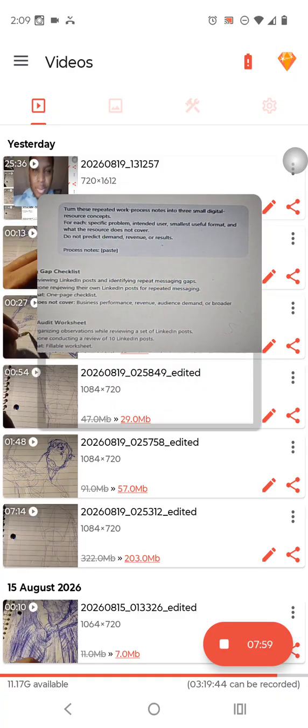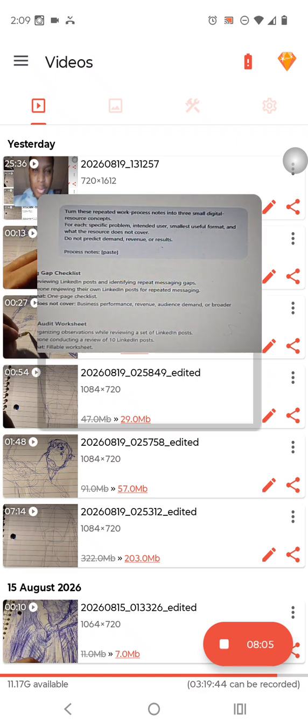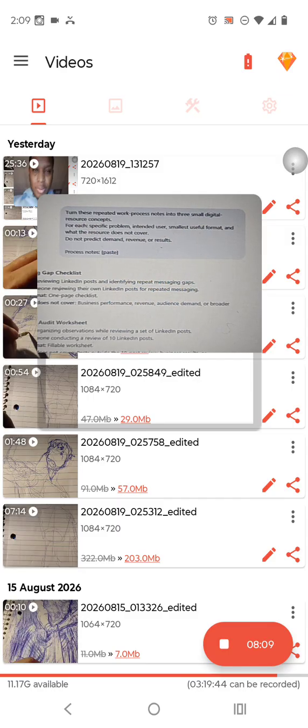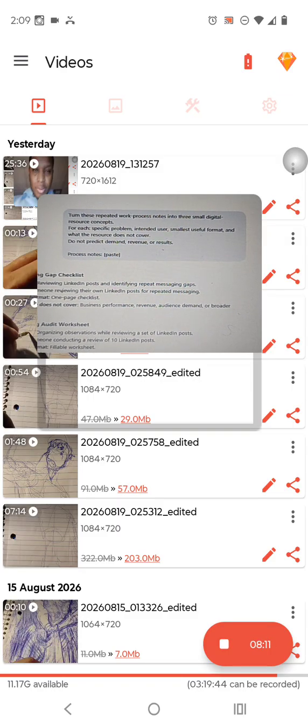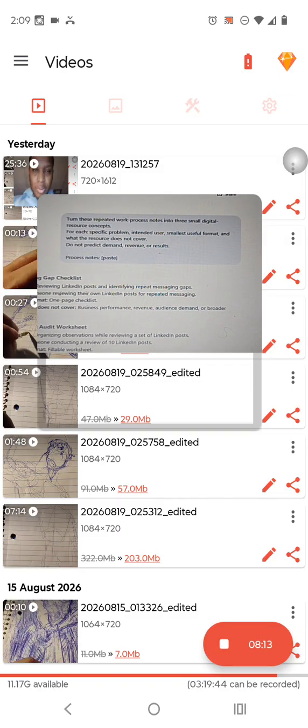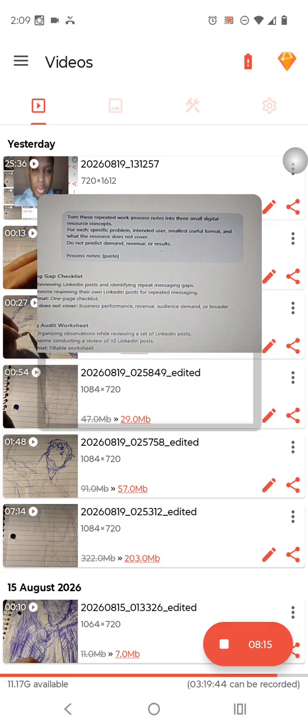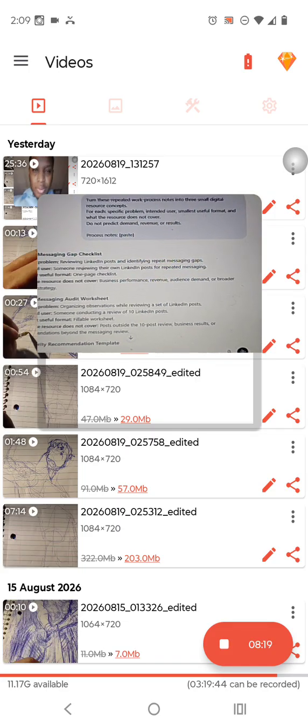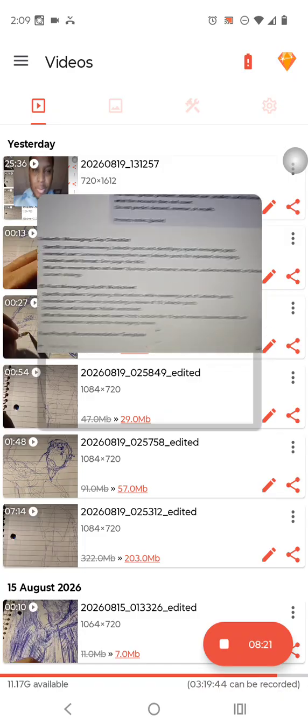And then do not predict demand. So don't predict what the demand will be. Do not predict what the revenue is going to be, and do not predict what the results are going to be. Then I pasted the notes, what I taught the ChatGPT, gave it some information to put in,